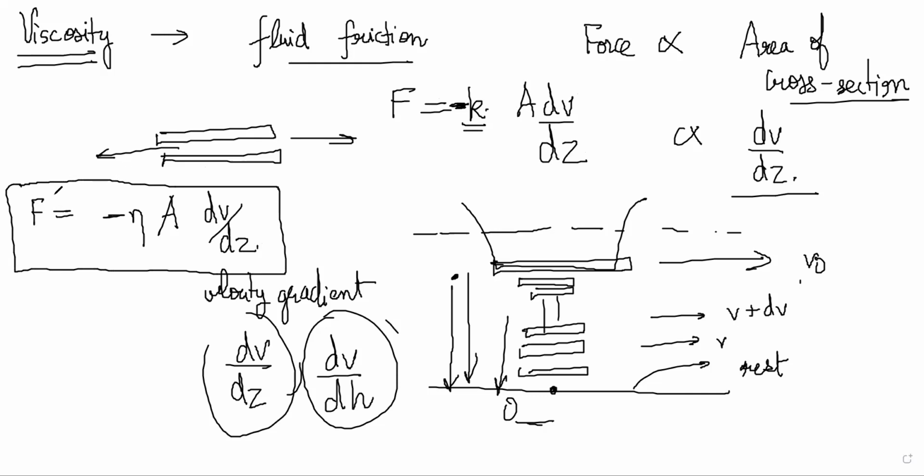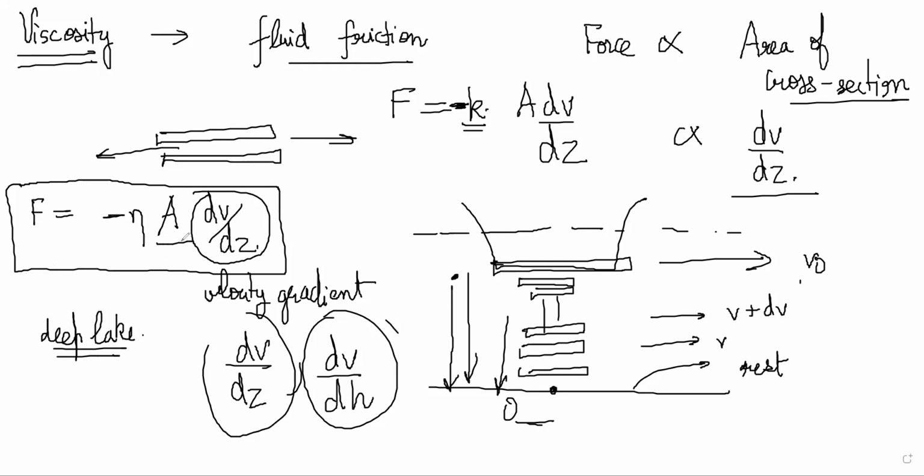This is my force of viscosity acting on a body, right? Now you will realize from here that if it is a deep lake, this dv by dz will be small. And if it is a shallow lake, it will be higher. So that's why big or heavy vessels need deep waters, because then the viscosity force will be lower if it is high depth, right?